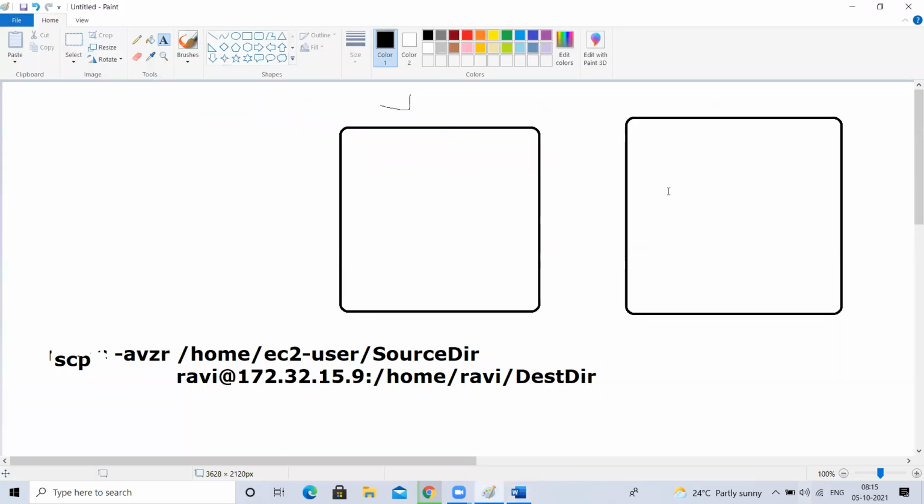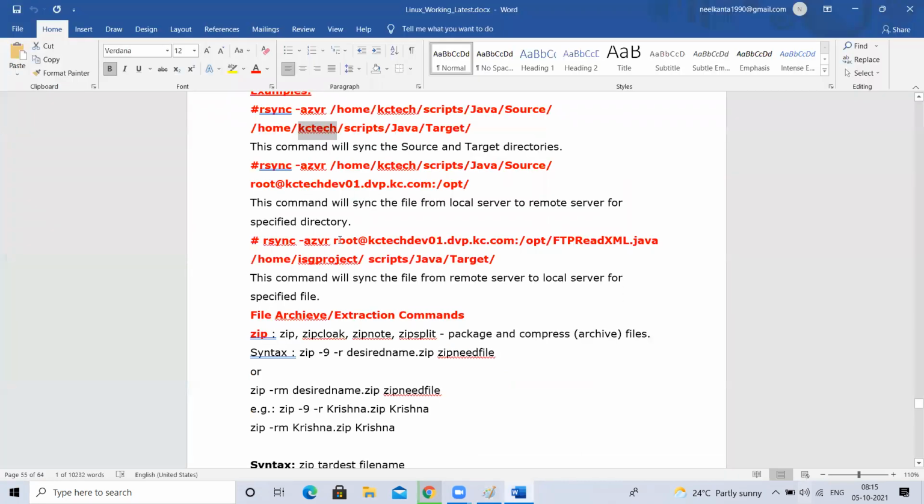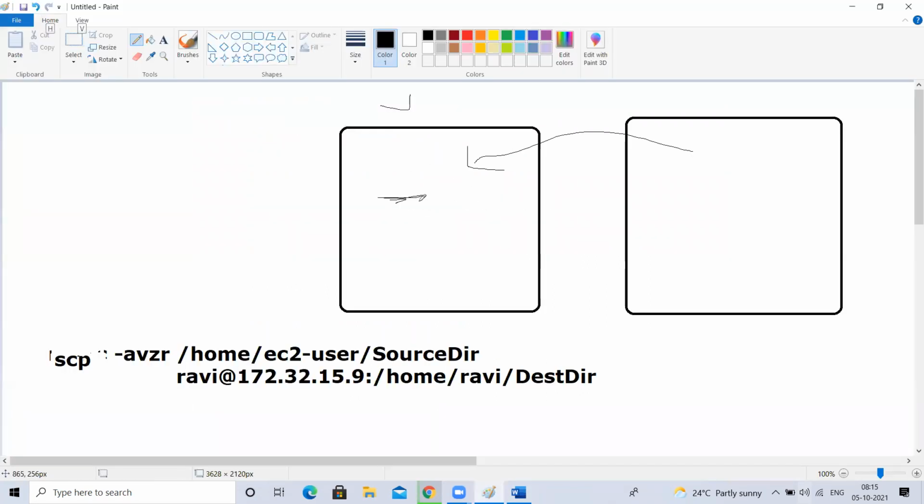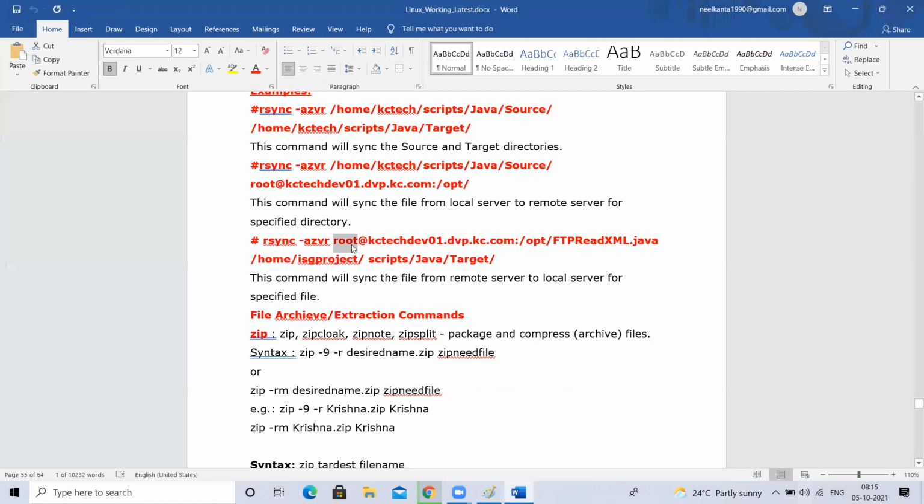If I want to copy from a source machine to the destination machine, and my source is a remote machine, right? I'm executing a command here, but the source is going to be there. From there to here, I want to copy. So in such a case, first you give the source, the remote one, and the destination is the current machine, like this. So I'm executing the command on my machine, but it has to sync from this remote machine to my current local machine. It is going to sync like this.